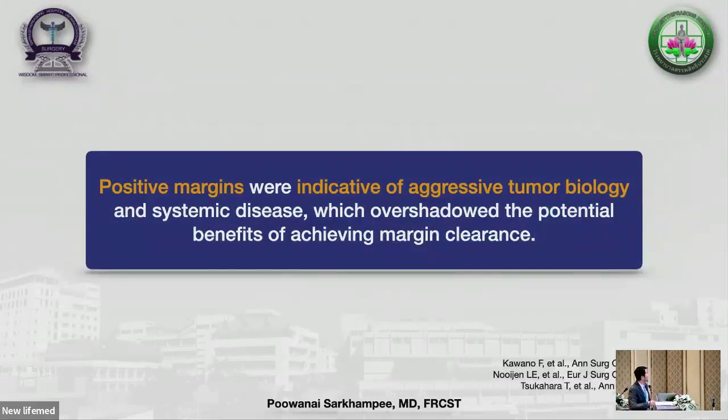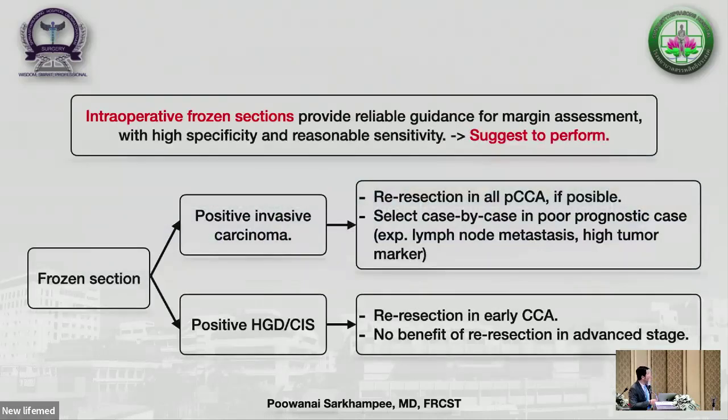So some papers indicate this, they told us about this. We said that a positive resection margin at first resection sometimes indicates that the patient has aggressive tumor biology and has systemic disease. Therefore, it overshadows the potential benefit of achieving R0 resection. So I think